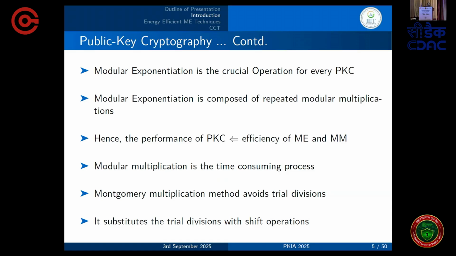Now, how can we implement those trial divisions when we use these cryptographic techniques where modular exponentiation (ME) is the core operation? For that, Montgomery introduced a new concept called Montgomery modular multiplication. In his work, he converted the entire number system into a residue number system where the modulus is an exact power of 2. If the modulus is an exact power of 2, then the operations, divisions and multiplications, become just shift operations. Performing shift operations is very easy in comparison with multiplication and division.